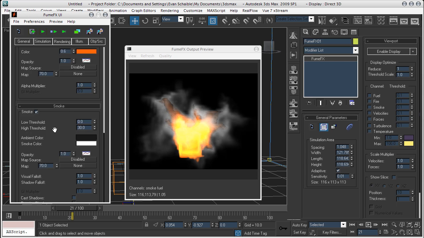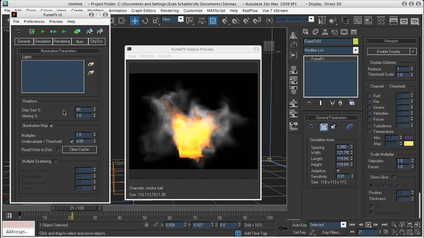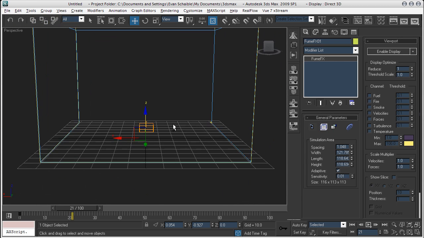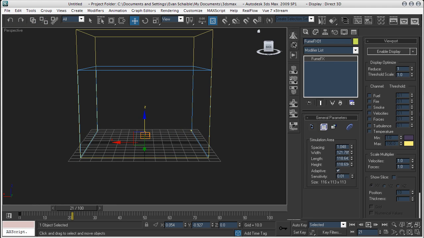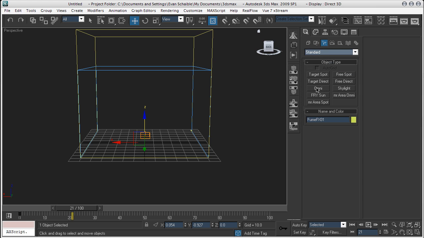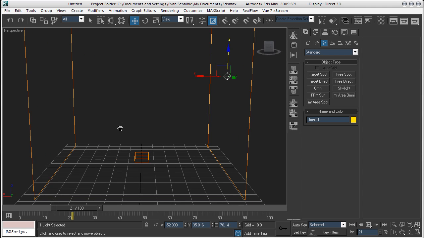Now, what we have to do to really get the most out of that is in our lighting, in our illumination. Let me close this out. I'm going to add an omni light to the scene here. A few different ways you can go about using the illumination, but I'm just going to add a standard omni light and bring that up about there. Come back in here and bring back my floater,